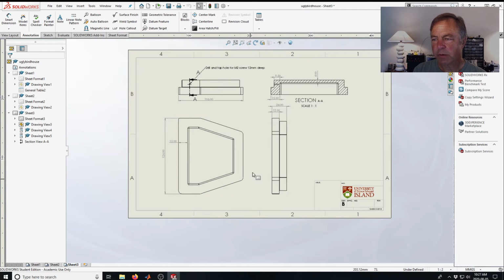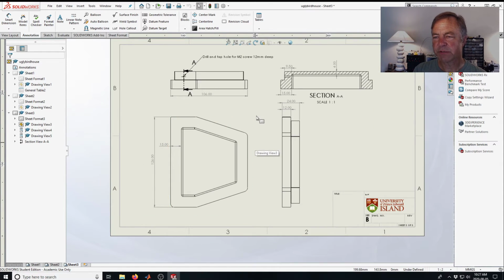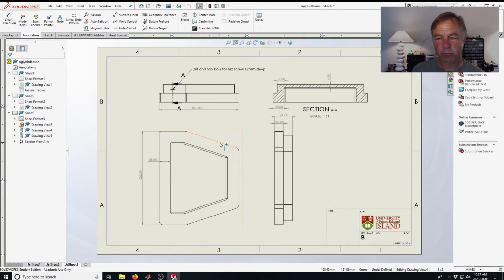But essentially, what I'm not doing in this environment is redesigning the part. I'm actually simply reporting on what the part looks like. And depending on how complicated your part is, you can add more and more and more sections. Now, the last thing I'll do here is,